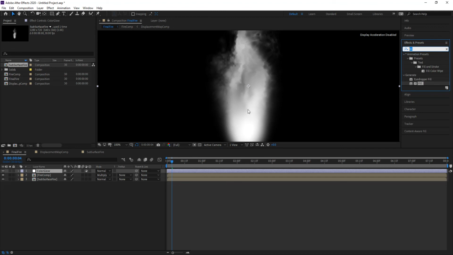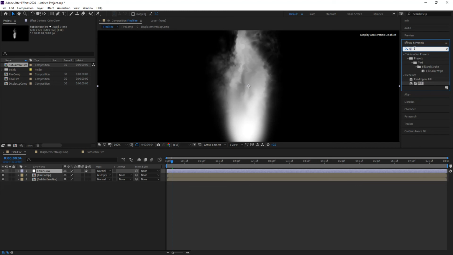By the way, so that you know, I forgot to mention at the very beginning, my composition is 32-bit, so that I can take advantage of all the colors and all the variation in the gradients to make it look really nice. So change your composition to 32-bit before you do that. It will work on 8-bit as well, but you might get some kind of staircasing in the transition between the different